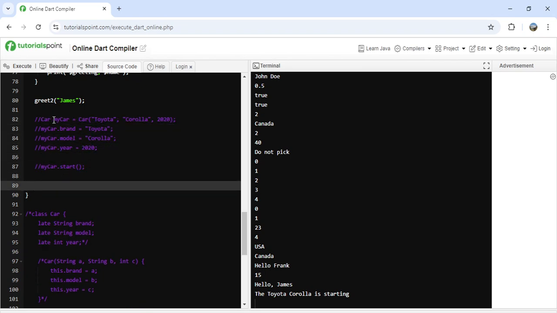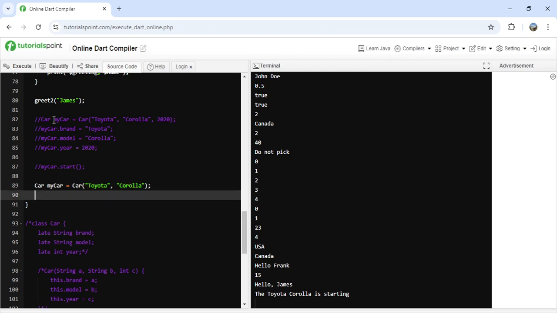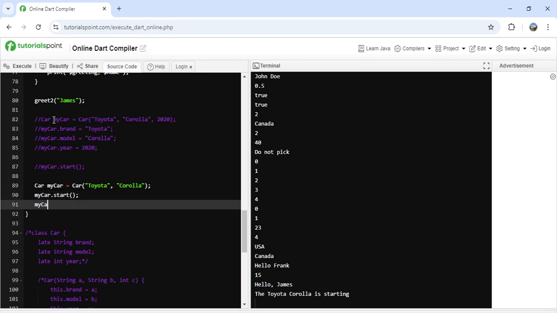And then let's say my car is equal to car, and we say Toyota, and then Corolla as the brand, because we have to specify that. And we say my car dot start. You see that it's going to start the car, and when we say my car dot honk,